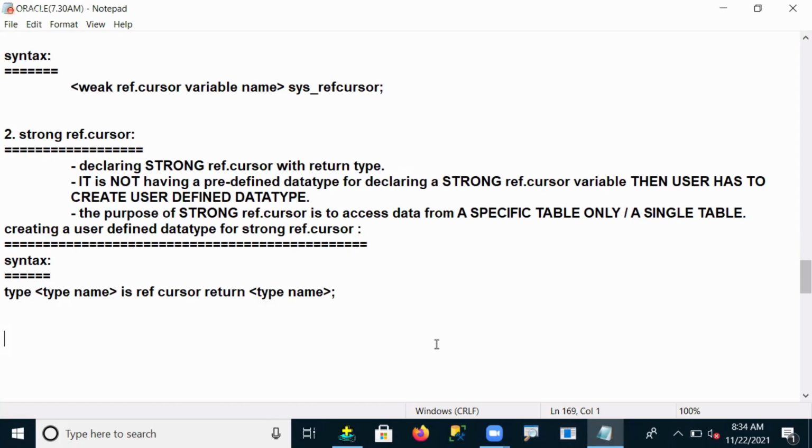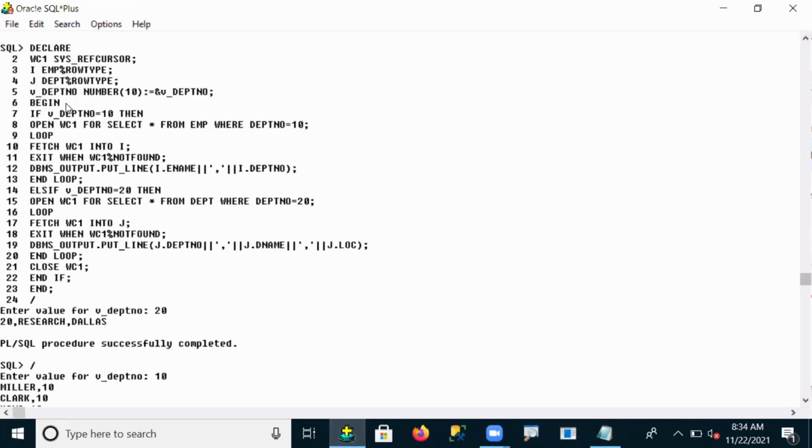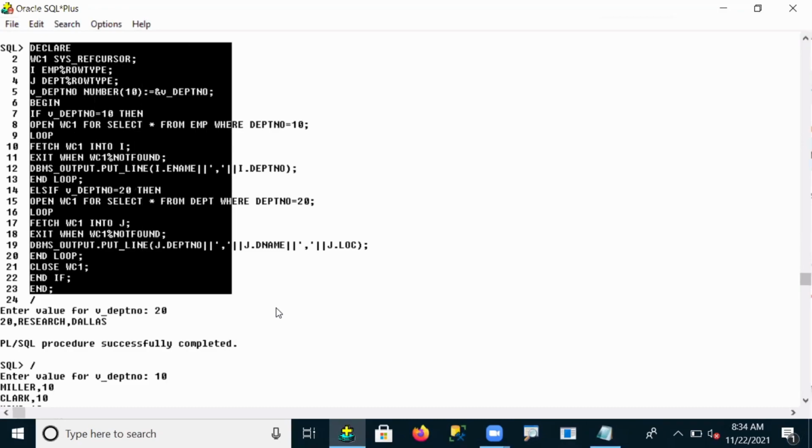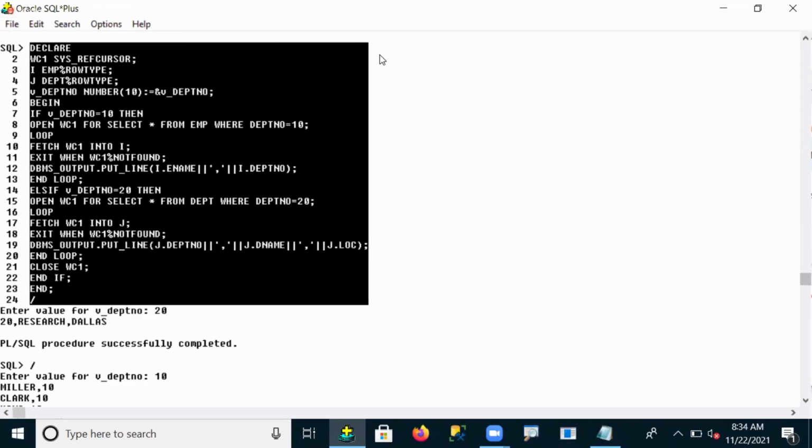Whatever we discussed completely comes under cursors. But can you see the cursor programs we wrote? Can you tell me, guys, are these programs saved into database memory? Suppose this program I wrote, this entire program, is this code saved or not?